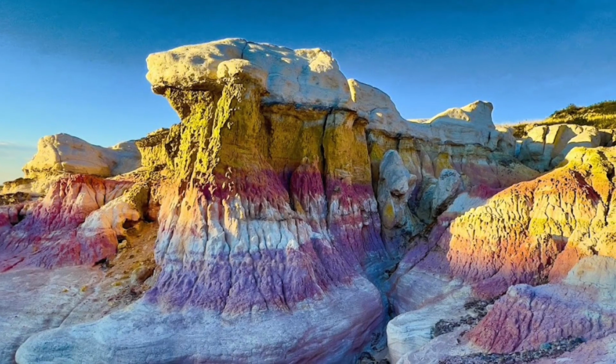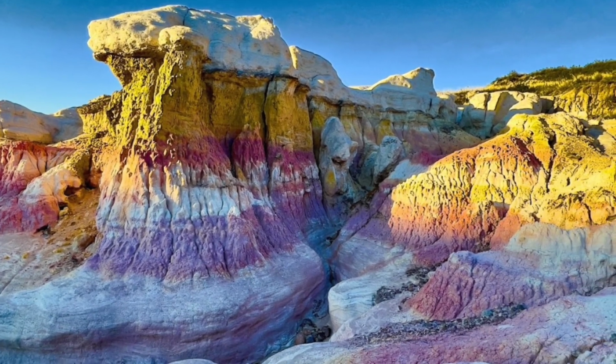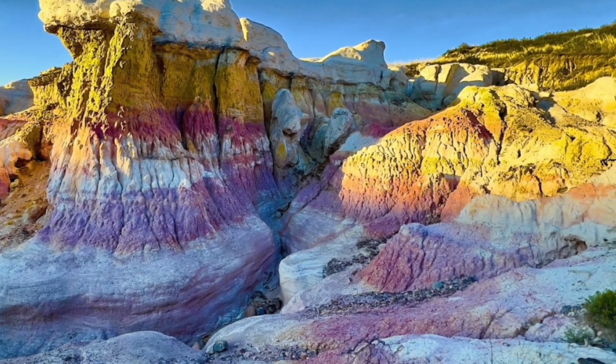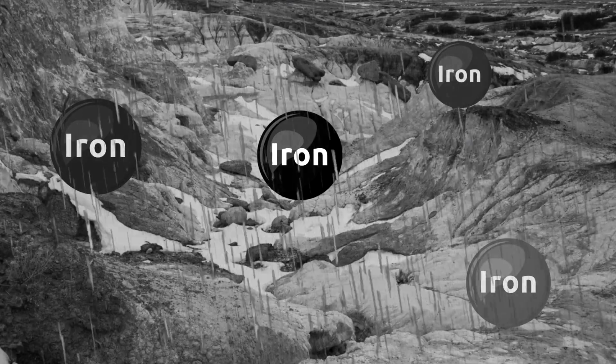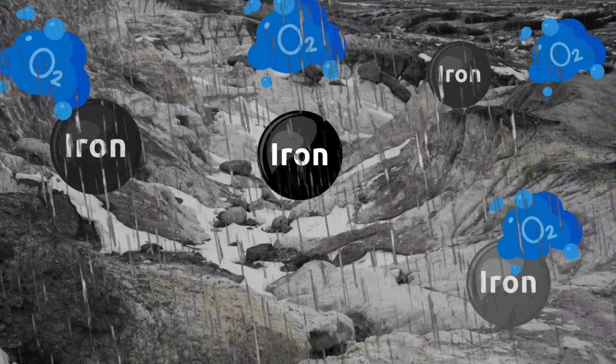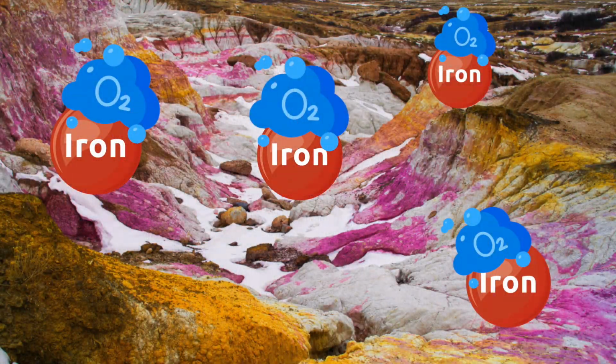The colors of the paint mines come from oxidized iron that's mixed in the rock. In other words, the rock that formed the paint mines long ago contains iron in it to begin with. This iron gets exposed to moisture and oxygen as the rock erodes, and over time it oxidizes and changes color. Now, that is pretty darn cool if you ask me, and I absolutely loved learning about this. But it doesn't totally answer our question, because now we wonder, why does the oxidation of iron make it change